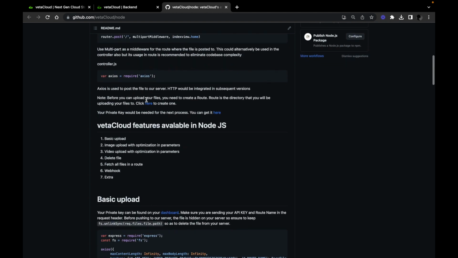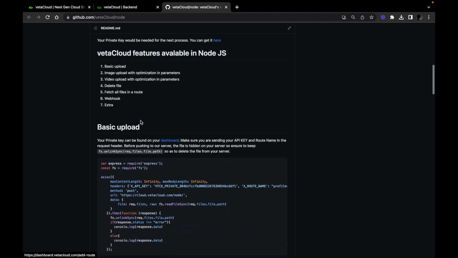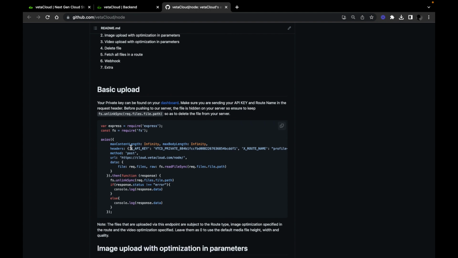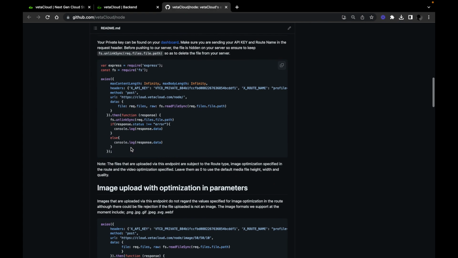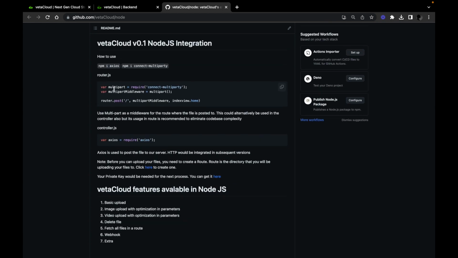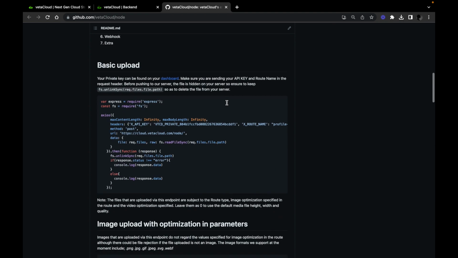Okay, and when we scroll over to basic upload, we'll be needing two things, right? We'll be needing your Axios and your multi-party. Okay, the first thing you want to do is to set it up just like we have it here. You could just go over this and set up your whole infrastructure just like this, the endpoint for your file upload just like this,